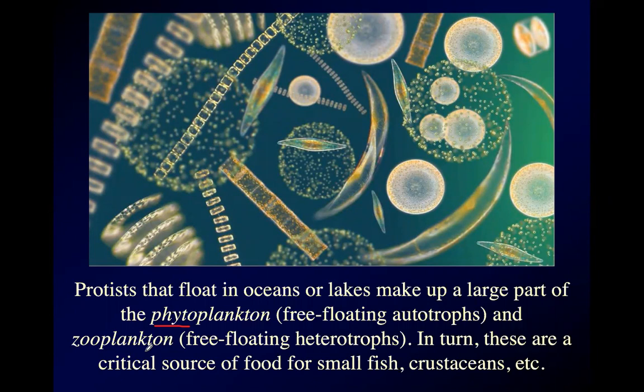Those might get eaten by small fish like gizzard shad. Those might get eaten by larger fish like bass and crappie. And so without these critters at the base of what we call the food web, you don't get any life. This is what supports the little crustaceans and the little fish and the big fish, and ultimately the crappie